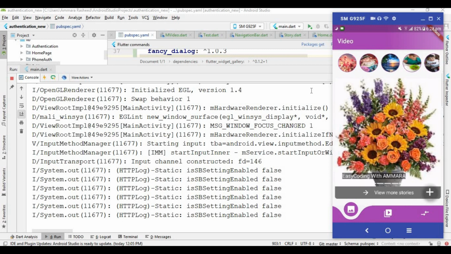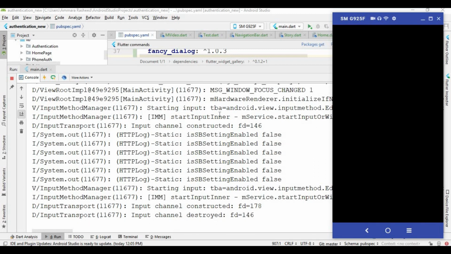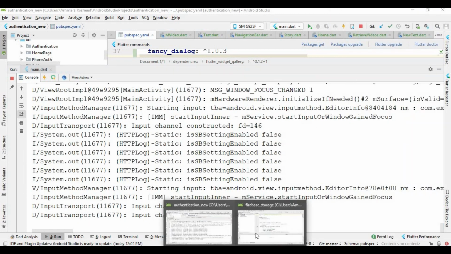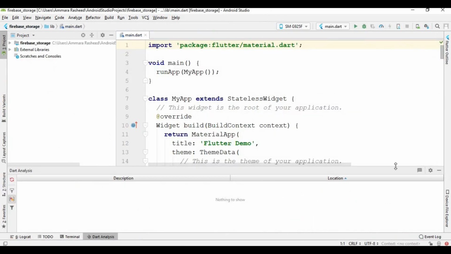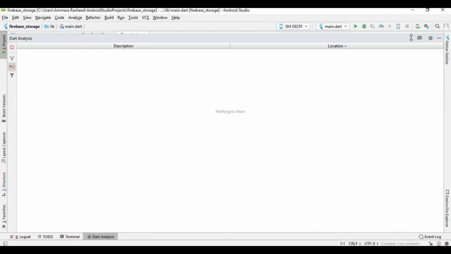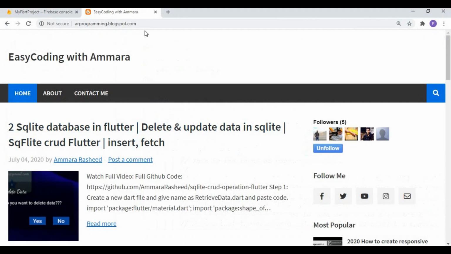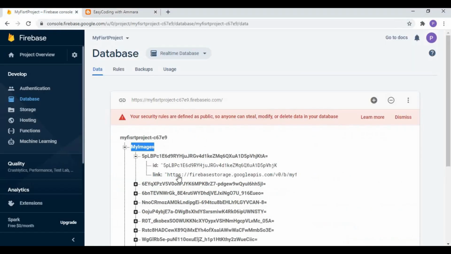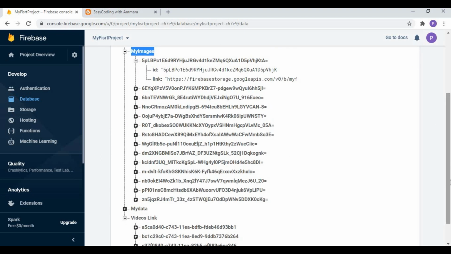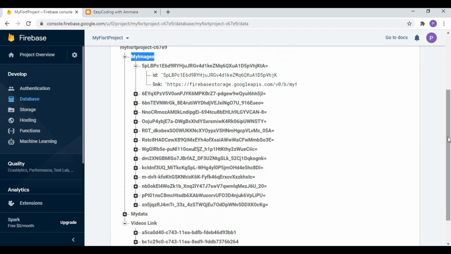So let's create a new project in Android Studio, and also I create a new project in the Firebase storage to start from scratch. So I create this project which is new, and also I'm going to create a new project in the Firebase storage. So this is the project which I am using,